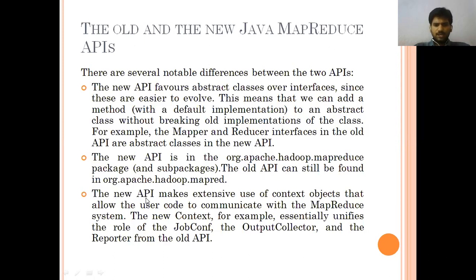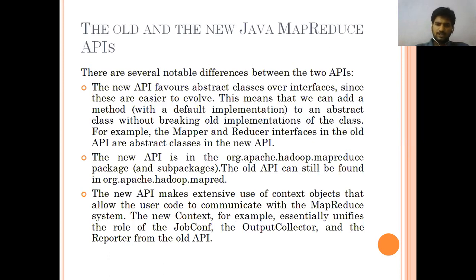The new API makes extensive use of context objects that allow the user code to communicate with the MapReduce system. The new Context, for example, essentially unifies the role of the JobConf, one of the building blocks of Hadoop, and the job tracker and task tracker will come.